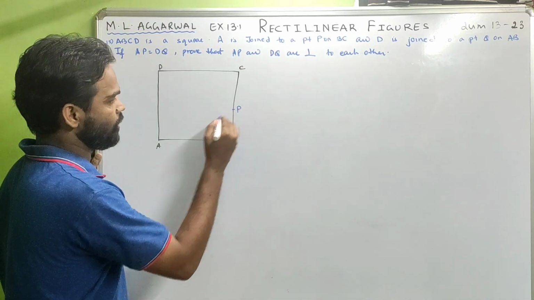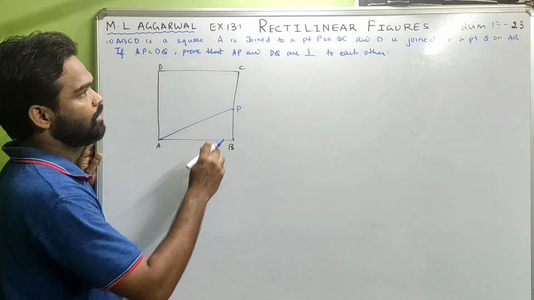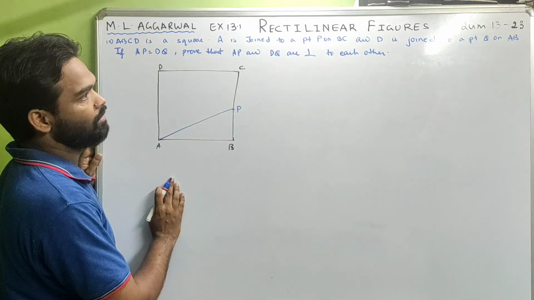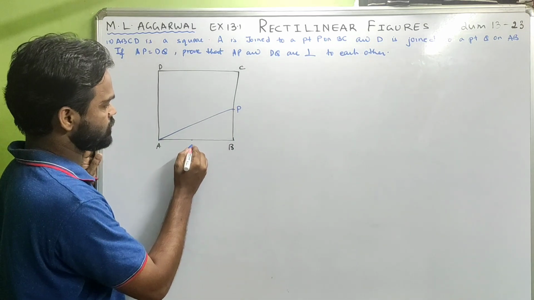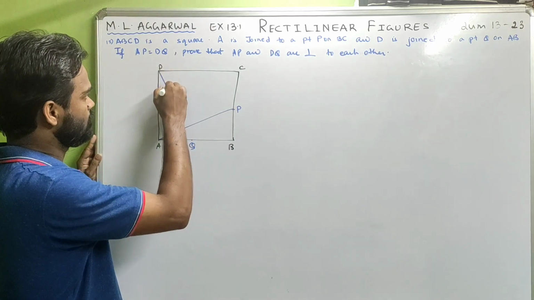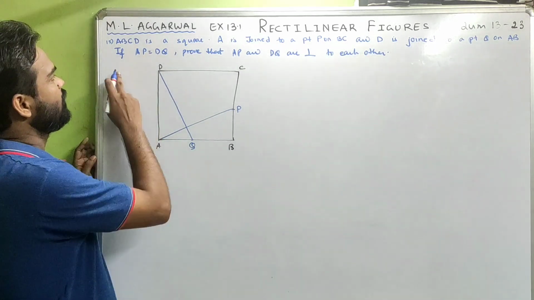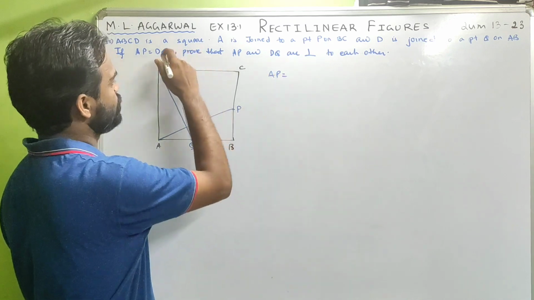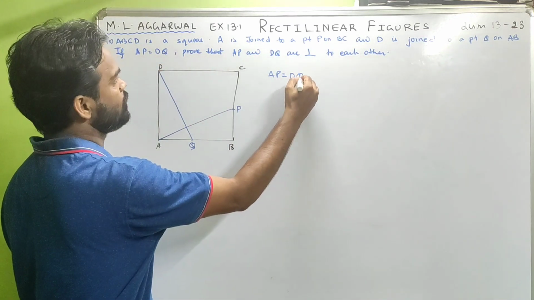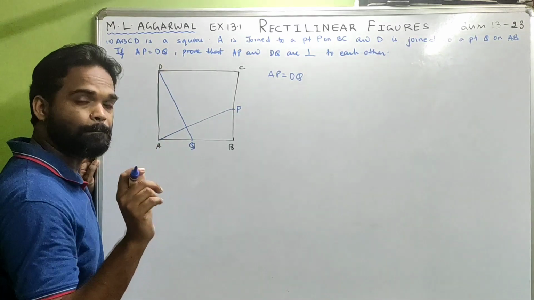A is joined to a point P on BC. So suppose this is a point P. We join A to this. And D is joined to a point Q on AB. So suppose this is Q. Join D. Okay. Given AP is equal to DQ, prove that AP and DQ are perpendicular to each other,